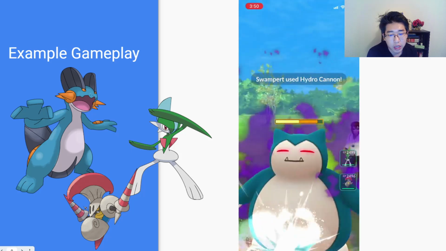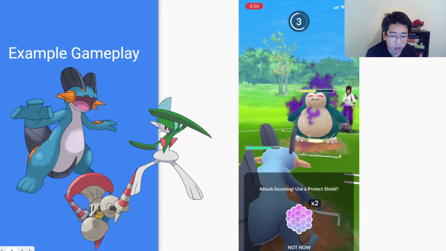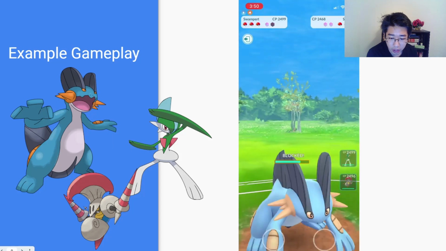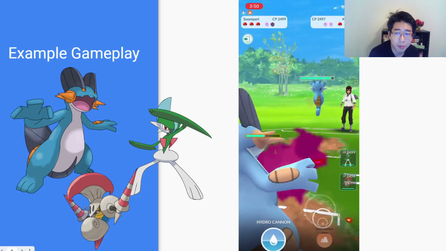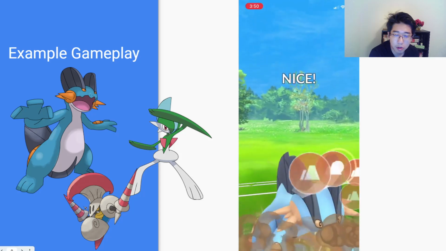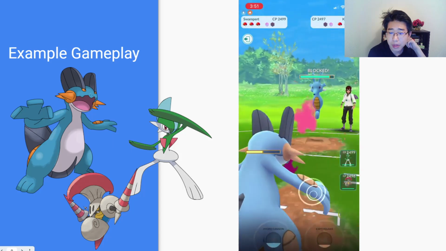So here we're against a Snorlax lead, which is a very common lead that you're going to see in Ultra League, Premier Cup a lot. What I like to do is shield the first one. Obviously I'm going to throw the Hydro Cannon to chip it down. And then now my opponent goes into a Kingdra here. I have to go for this Earthquake because the Hydro Cannons are double resisted and they don't do anything against a Kingdra. So I'm going to get off this Hydro Cannon, and now I'm going to go into my...